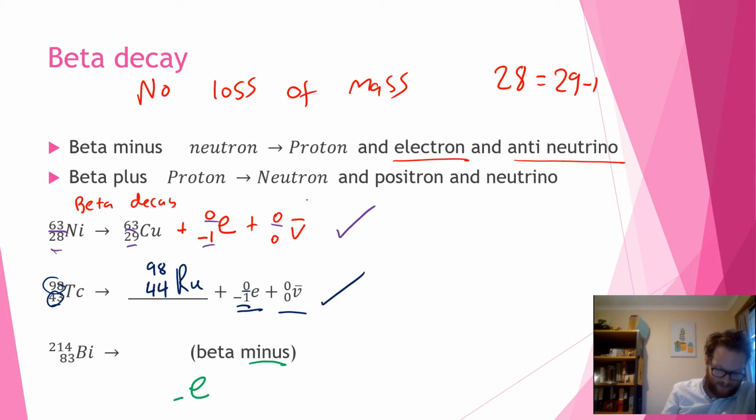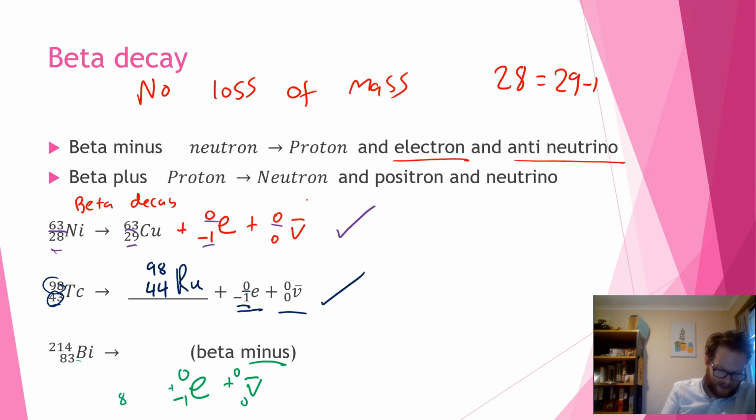Electron has a -1 and a 0. In order to balance that with the 83, I'm going to have 84 on the bottom here. Now, if I've got an electron, I need an antineutrino, so let's just put that on at the end. And in the middle, I just need to find out, well, what